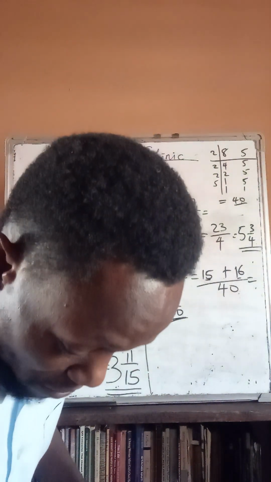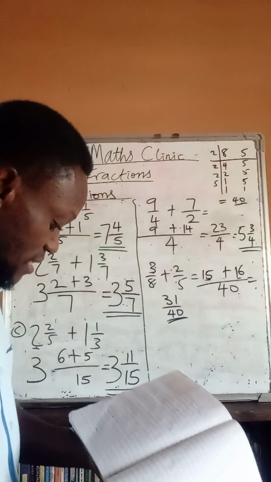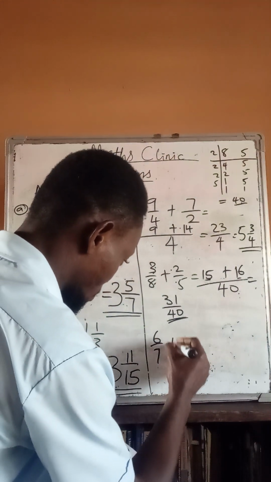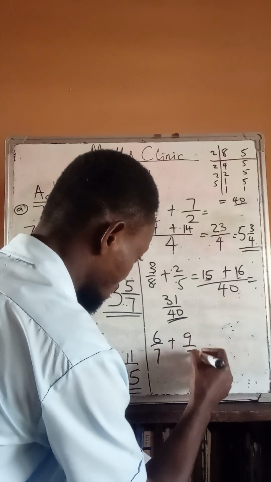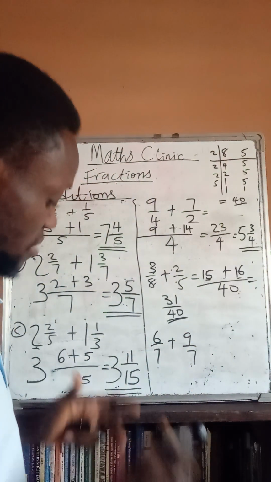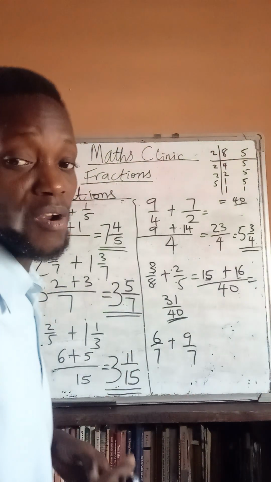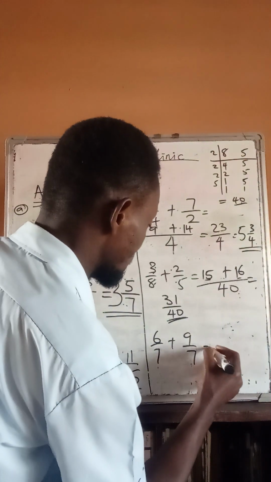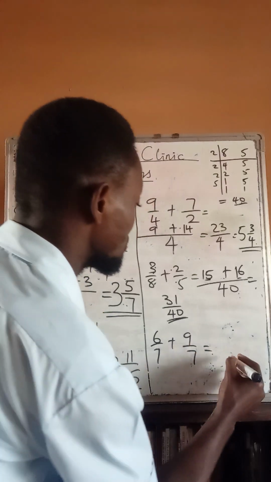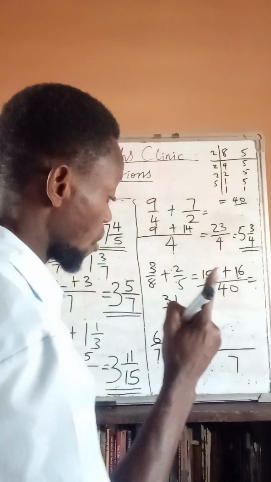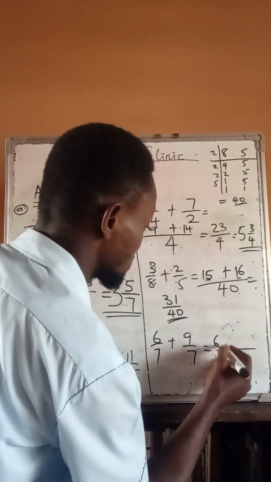Alright, number 6, which is the last one. 6 all over 7 plus 9 all over 7. Oh, this is one of the simplest questions here. The LCM here is what? 7 and 7 will give you 7. Our LCM is 7. 7 divided by 7 will give you 1. 1 times 6 will give you 6 plus